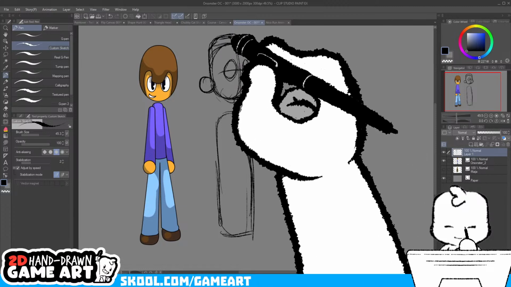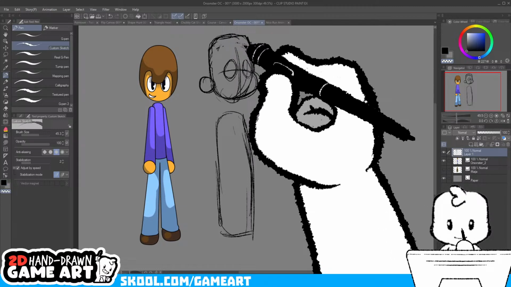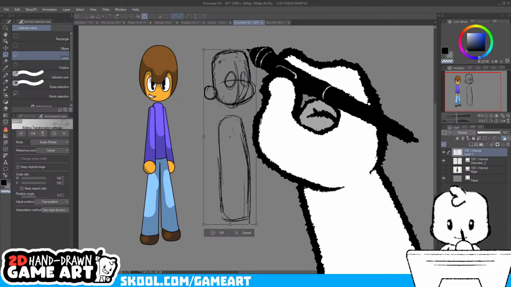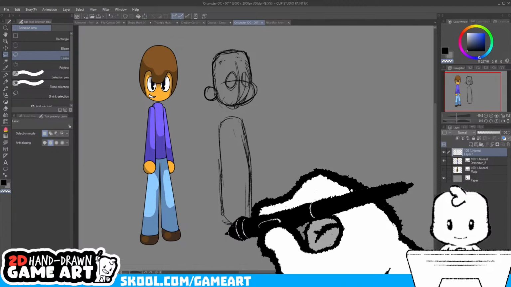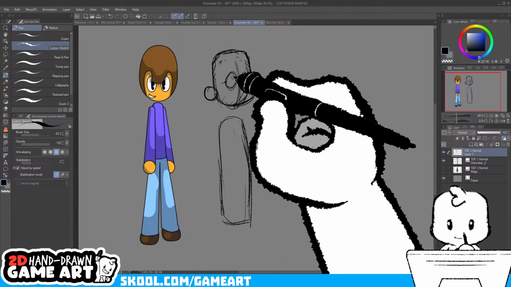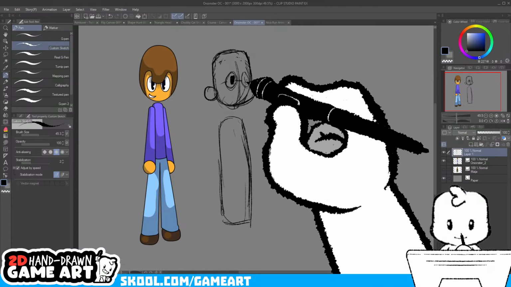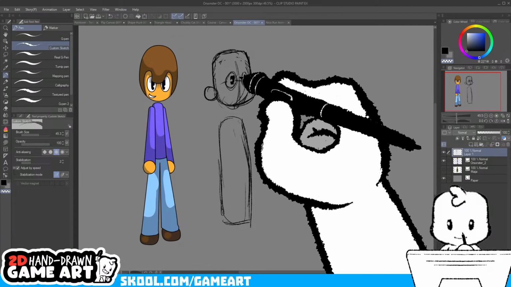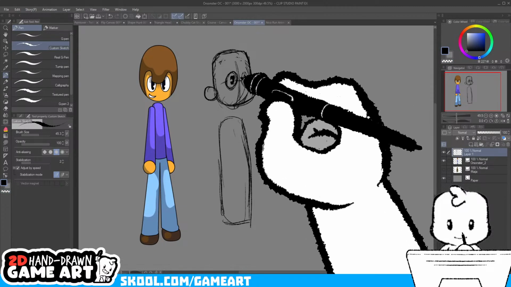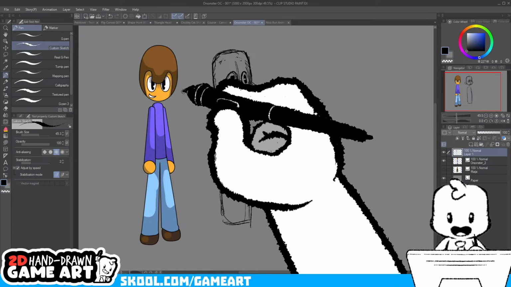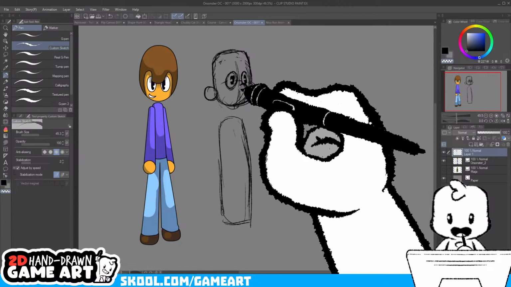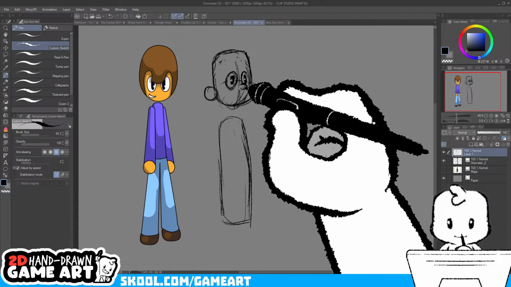The head is really large here. This character also doesn't have a nose, but I kind of want to put one in. So we'll see. We're doing a lot of interpretation here.